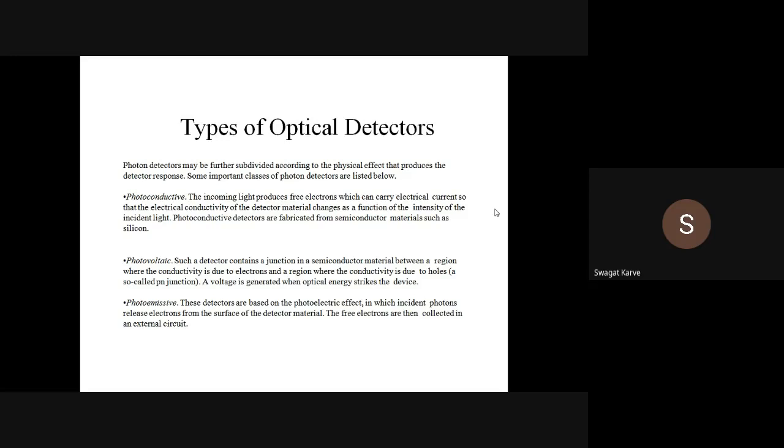Okay, so these three phenomena you have to remember. If someone asks you on which principle LED works, you should say it's spontaneous emission, right? If someone asks you on which basic principle laser works, in the full form of laser also there is the word stimulated emission, right? So laser works on the stimulated emission principle. And if you talk about optical detection, it is based on the principle of absorption.